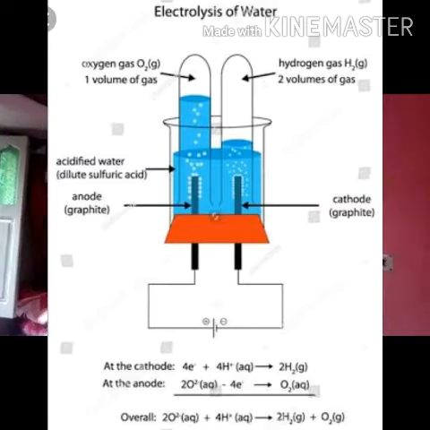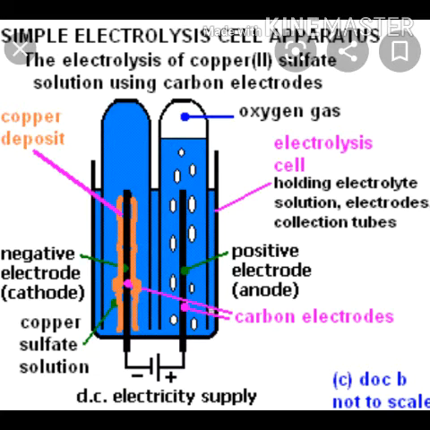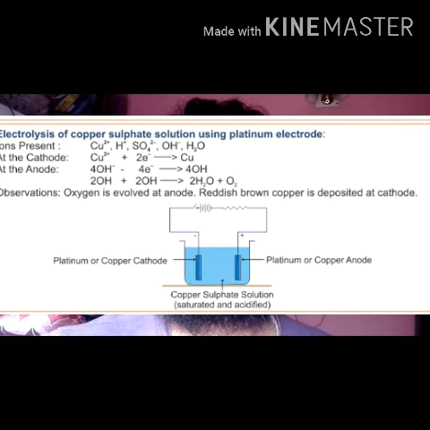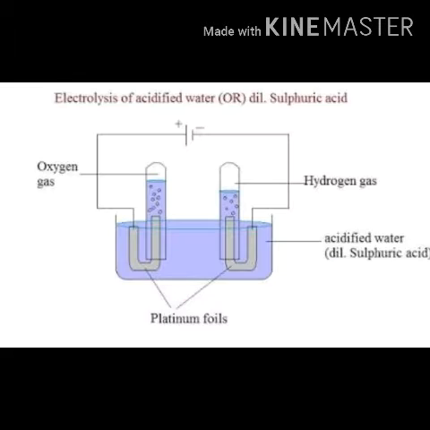10 chemistry. We will start with the electrolysis of acidulated water, then move on to the electrolysis of CuSO4 with the help of platinum or graphite electrode, and then move on to the electrolysis of copper sulfate with the help of copper anode. So these are the three electrolysis processes we will discuss in this class. So let's start with the